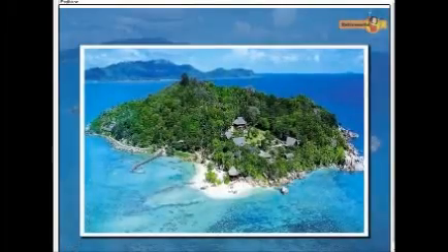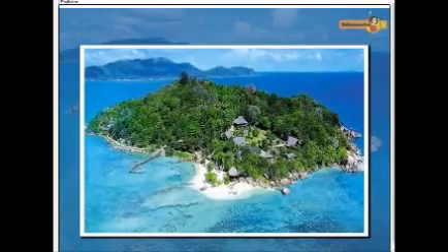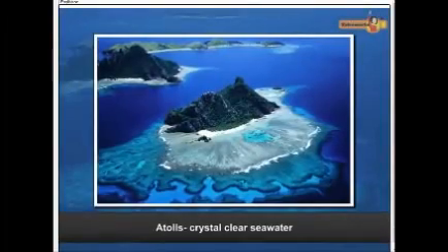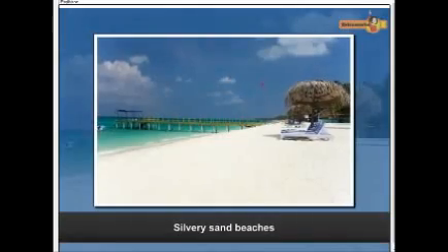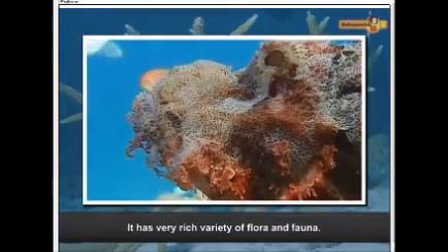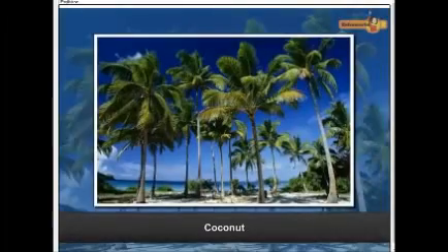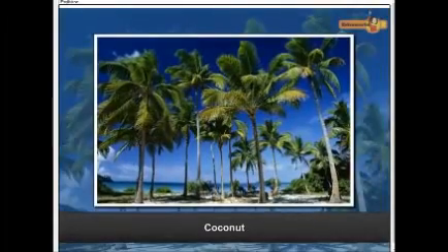Lakshadweep is a perfect combination of beautiful islands, coral reefs, atolls, crystal clear sea water, and silvery sand beaches. It has a very rich variety of flora and fauna. Lakshadweep is a coconut territory.